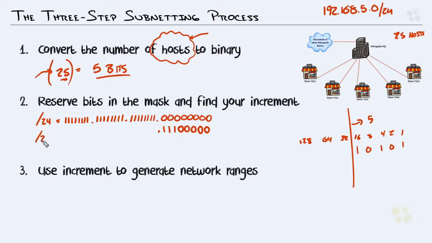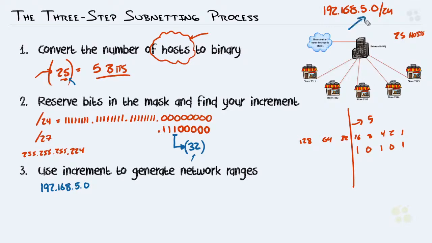This now becomes a /27, or if you're a decimal kind of person, 255.255.255, and let's see, 128, 64, 32. That'd be 224, right? The lowest network bit converted back to a decimal becomes our increment, which is 128, 64, 32, so 32. We use that to generate our network ranges. Now, just a little side note, if that number happens to be less than the number of hosts per network, you've probably got an issue. So we'll say